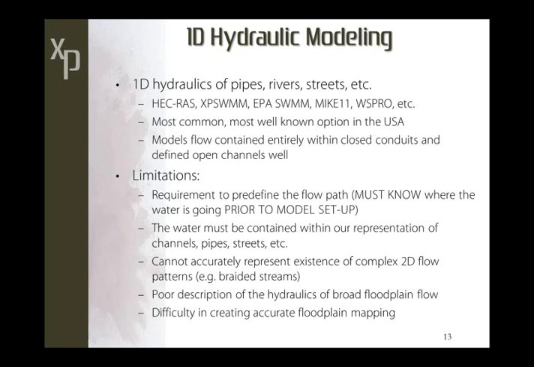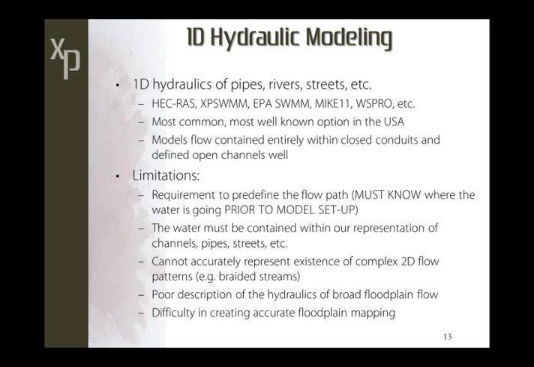And the models can very well model the flow that is contained within closed conduits and defined open channels. And so the limitations of 1D models, I guess, starting with that point, is that it is a requirement that you predefine the flow path in a 1D model. In essence, you must know where the water is going to go prior to model setup. Now, in an urban setting with a storm network, this is fairly straightforward, but if you get into open channel flooding, river flooding, often the flow paths are unknown, and so this can cause quite a bit of time to